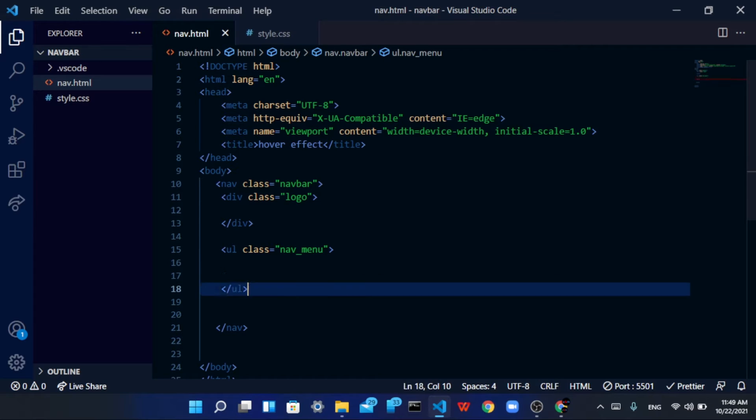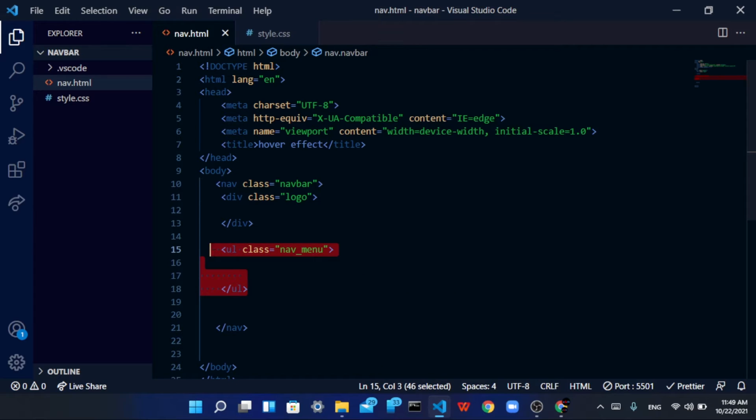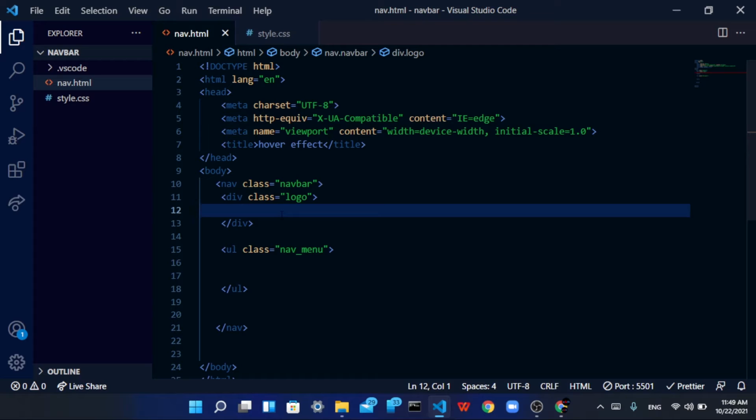So there are two components of the nav tag, that is logo and the other is nav underscore menu. So inside the logo class we'll be using some logo, but for now we'll just mention our title. So here I'll just write navbar,